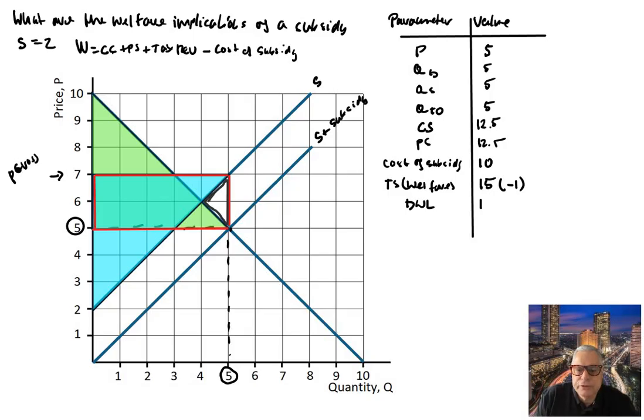Okay, so this is the area for the deadweight loss. And in this case, we have a deadweight loss as a result of an inefficient overproduction. So the subsidy creates an inefficient overproduction. So we produce much more than what is economically